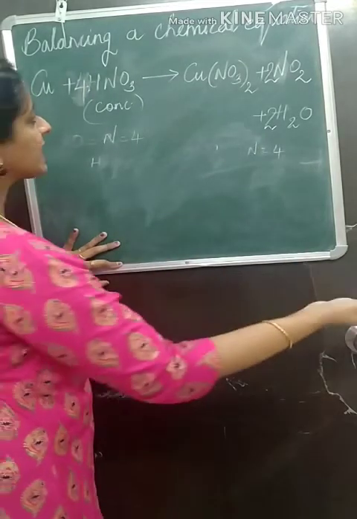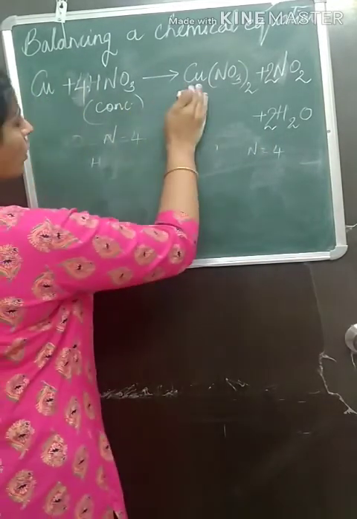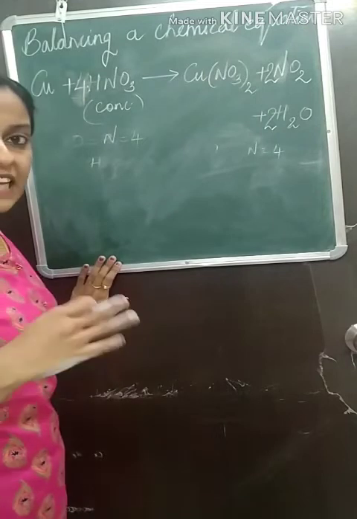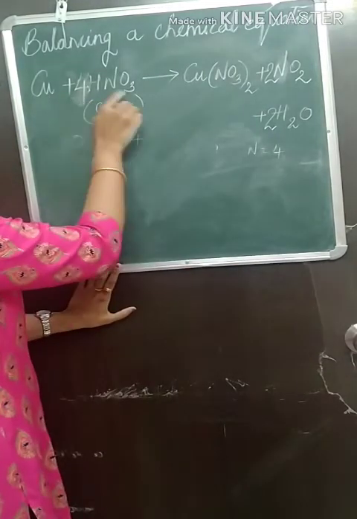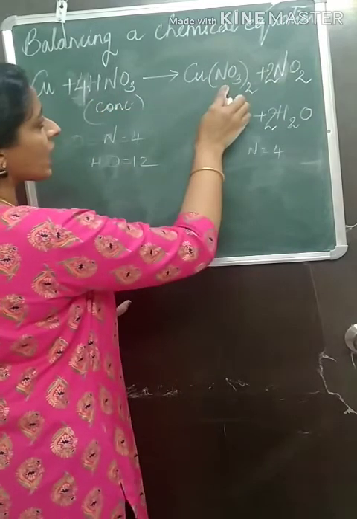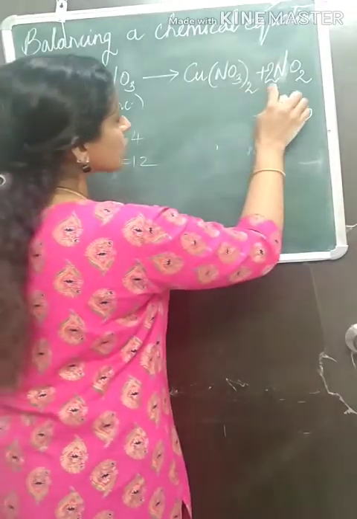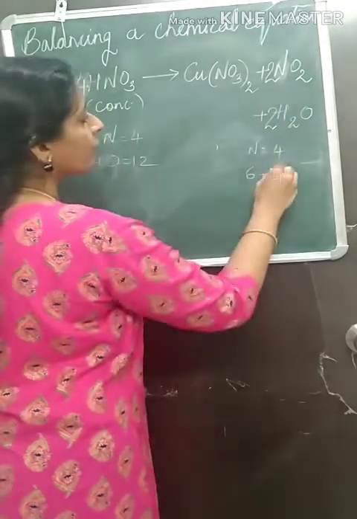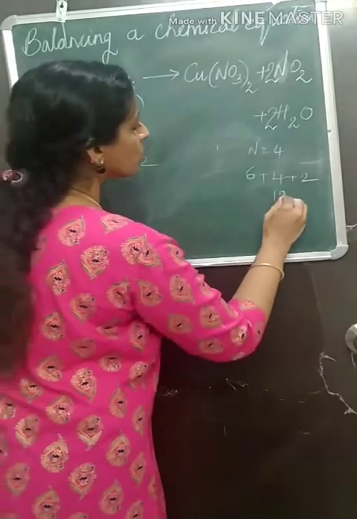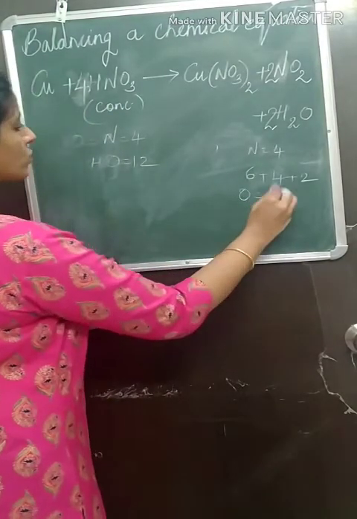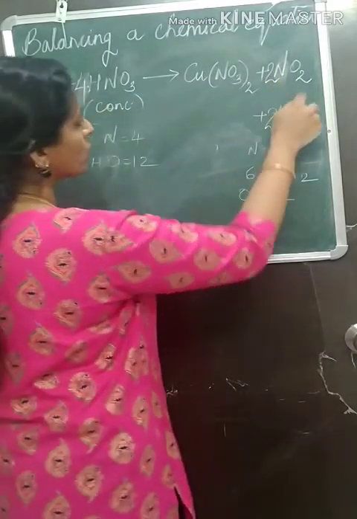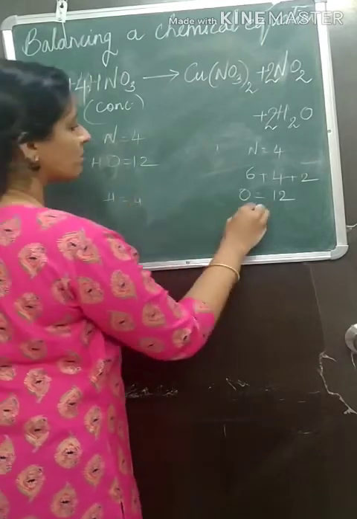Nitrogen happy. Again we will check with metal. Copper 1, copper 1. Nitrogen 4, nitrogen here also became 4. After metal and non-metal, oxygen. Oxygen, 4 3s are 12. We have here 12 oxygen. Just check on the product side. 3 2s are 6, 6 plus 2 2s are 4, plus here we have 2. 6 plus 4, 10, 10 plus 2, 12 oxygen. So oxygen is also happy. Last comes hydrogen. Hydrogen 4 and here also we have hydrogen 4. So this is balanced now.